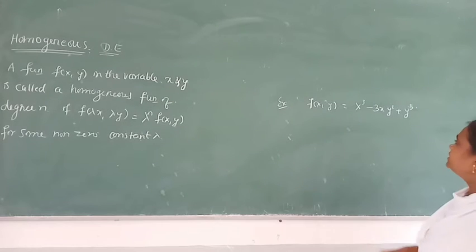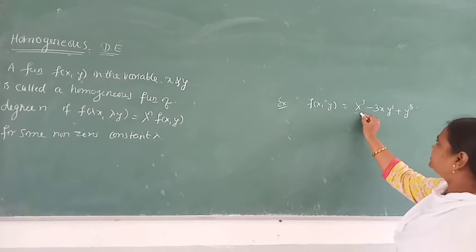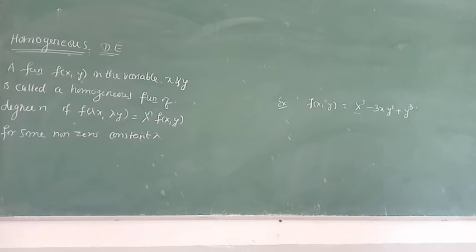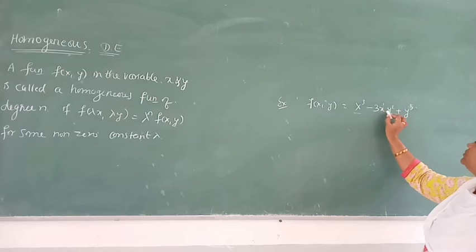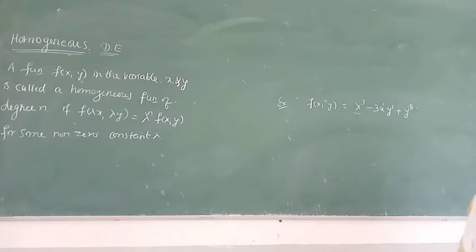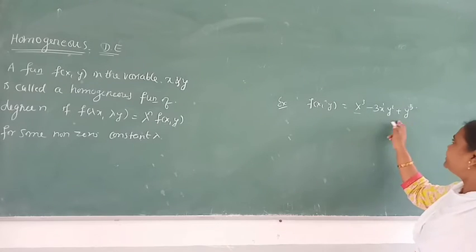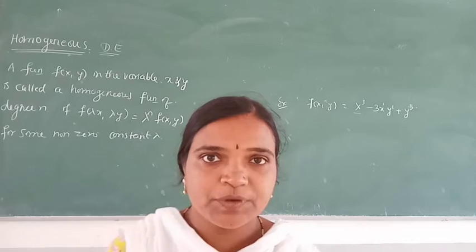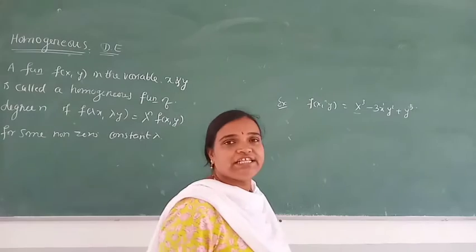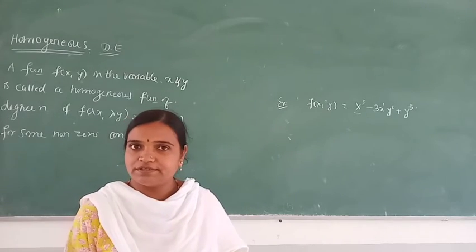Okay, see here, the power is cube. Here the power of the variable x is 1, here 2, 1 plus 2, what is it? 3. And here the power is 3. Means in each and every term the power of the variables is the same. Okay, if they are the same we say that it is homogeneous.